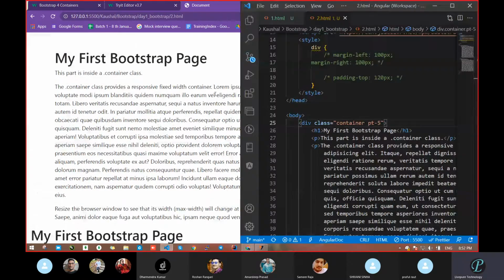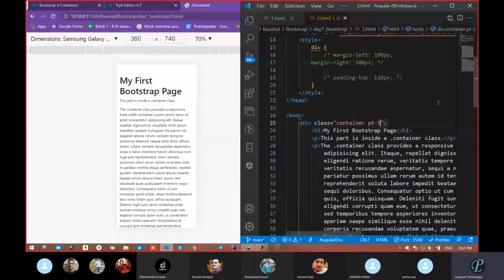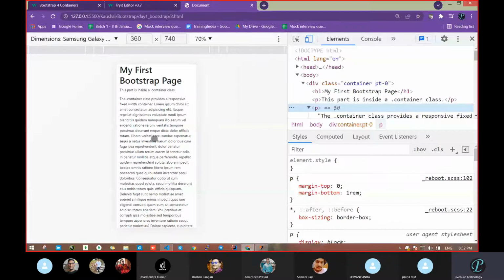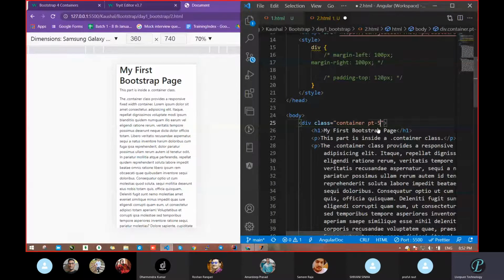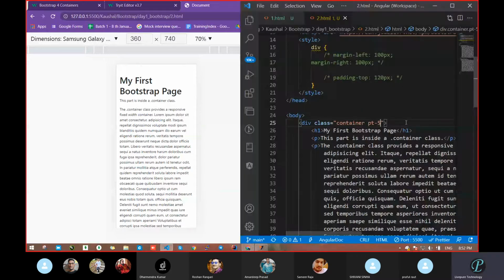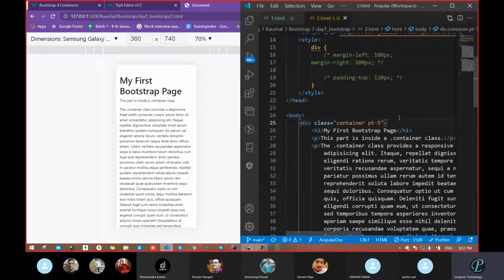Okay, I think we had a scroll. Oh, the screen was just scrolled. Padding 0 is there, fine. So padding top 5 we had given. Yes, the screen was just scrolled, so please take care, otherwise you will also face this issue. If the screen is scrolled up, you can't guess that padding is there.